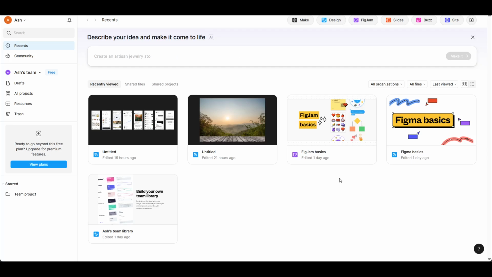Using the Figma desktop app has a few advantages that make your workflow smoother. It runs faster than the browser version because it doesn't rely on browser memory, which is really helpful when you're working on large projects or multiple files at once. You also get fewer distractions since there are no browser tabs, and it supports better performance for editing, prototyping, and